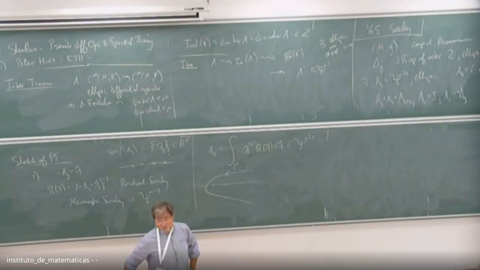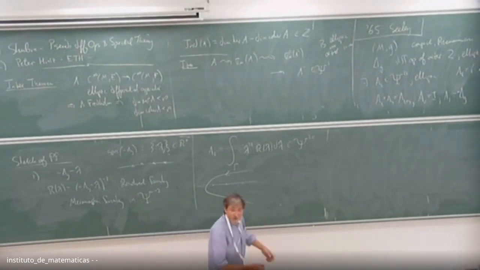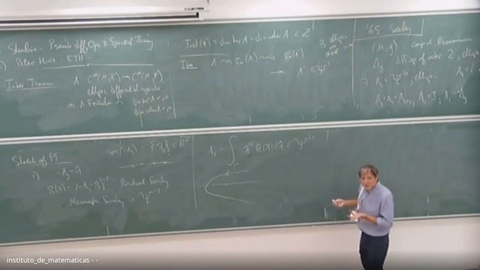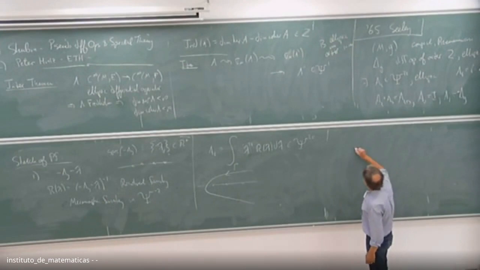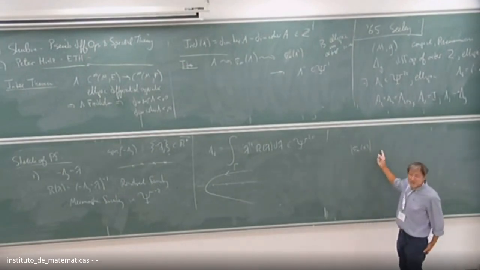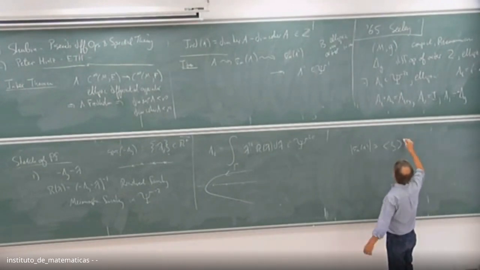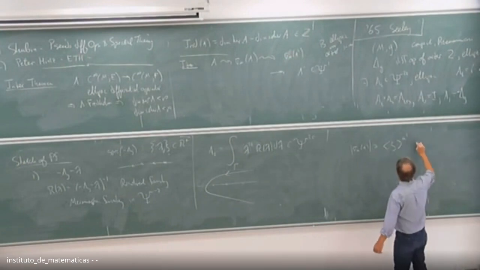Any other questions? So what happens if you have a subelliptic operator? Yeah. So subelliptic means that the principal symbol may not be invertible. There are various classes of subelliptic operators, but subellipticity is a complicated subject, as you know better than anyone. But here's, for example, something that you might do. Suppose that the principal symbol of A is not bounded below by mod zeta to the m, but is bounded below by mod zeta to some other power, let's say m prime, where m prime is less than m.